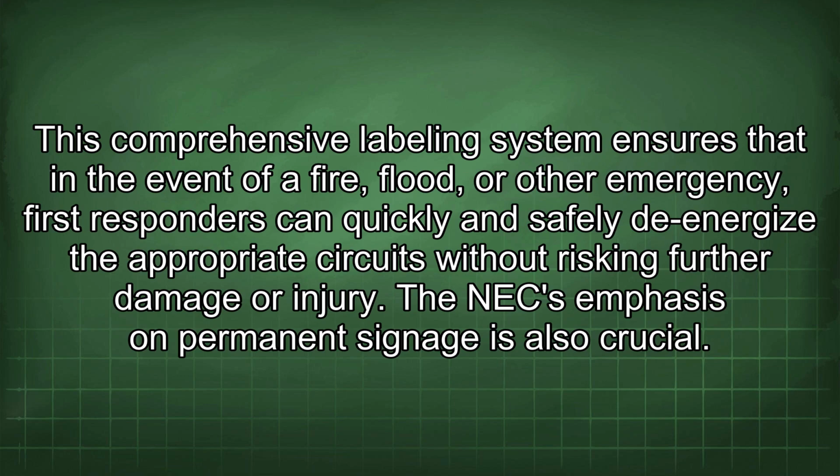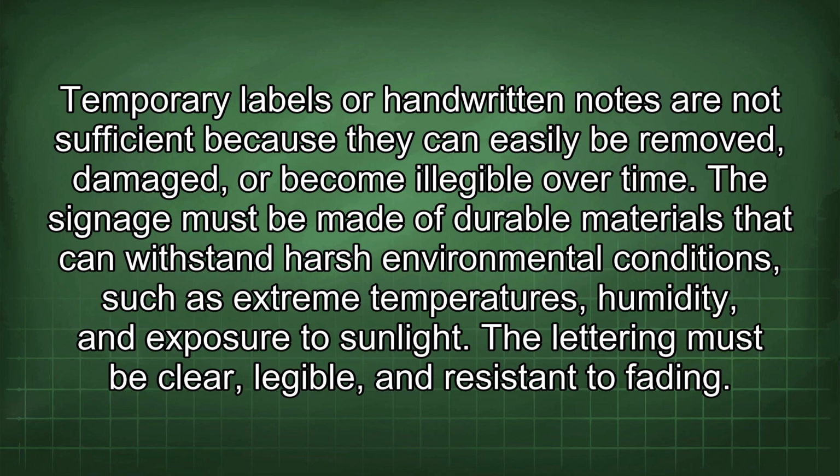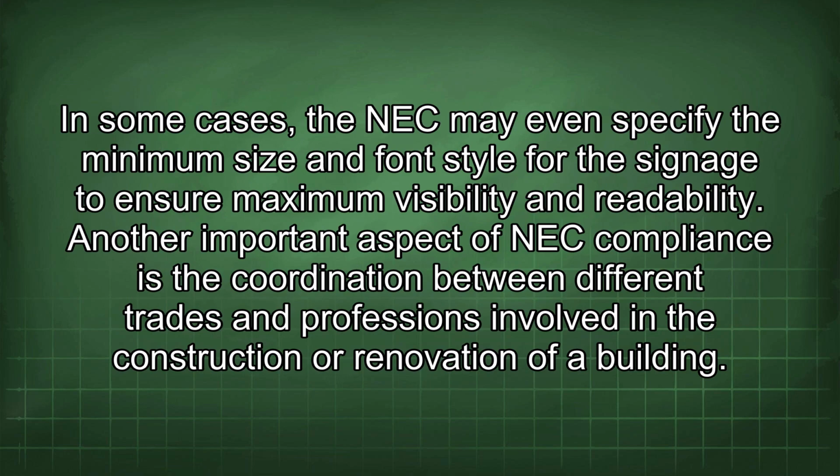The NEC emphasis on permanent signage is also crucial. Temporary labels or handwritten notes are not sufficient because they can easily be removed, damaged, or become illegible over time. The signage must be made of durable materials that can withstand harsh environmental conditions, such as extreme temperatures, humidity, and exposure to sunlight. The lettering must be clear, legible, and resistant to fading. In some cases, the NEC may even specify the minimum size and font style for the signage to ensure maximum